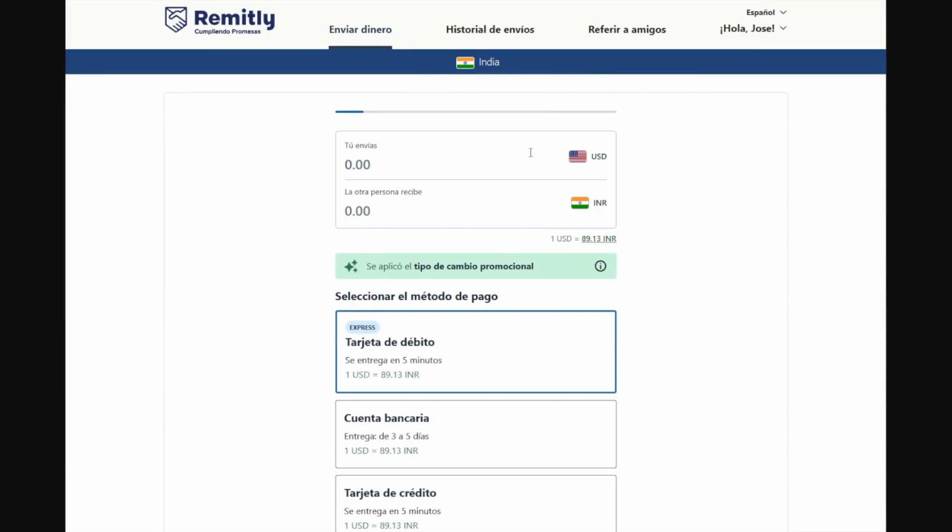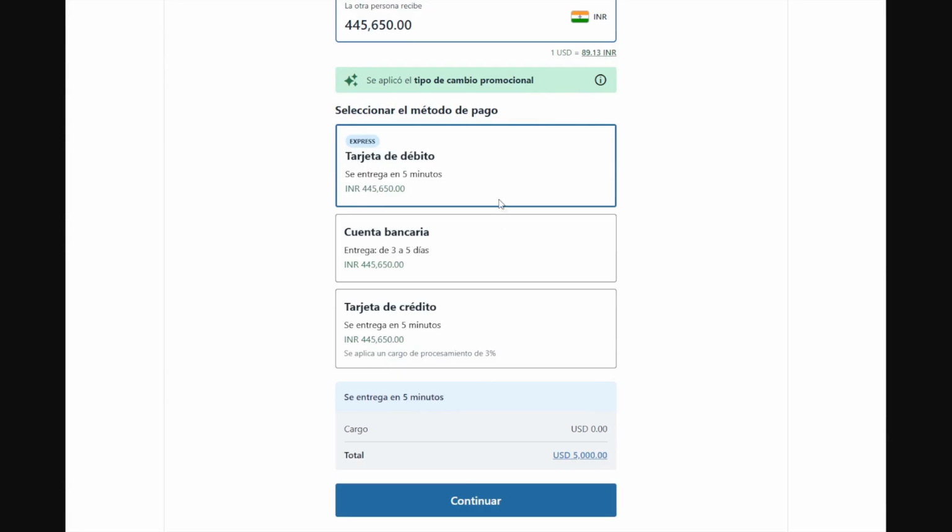So here what we're going to do is carefully set a specific amount for the transaction, ensuring accuracy and precision. And here we will clearly see and determine precisely how we are going to securely send the money to that designated person, considering various convenient options such as a direct debit card transfer, a secure bank account transfer, or a flexible credit card payment. Following this, we will confidently click on the continue button to proceed to the next stage